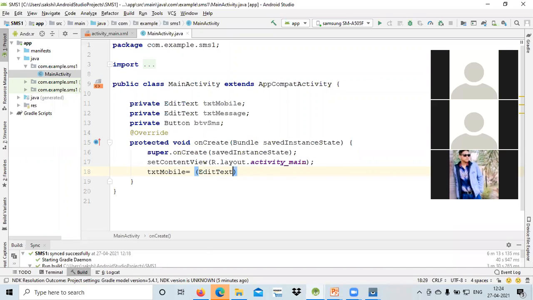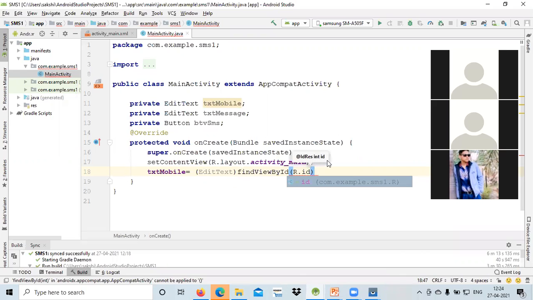Okay, and I am finding it using that particular find view by ID. I find the elements with their particular ID. So I am using mobile ID dot mobile text. Okay, student, just wait for a while.